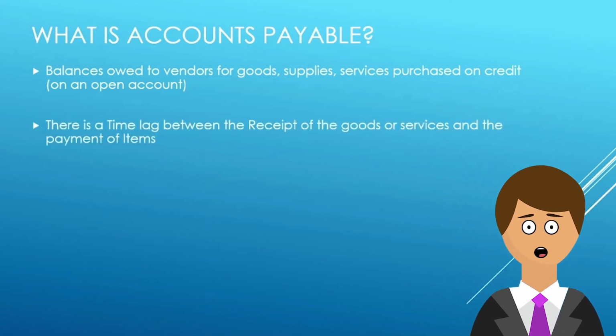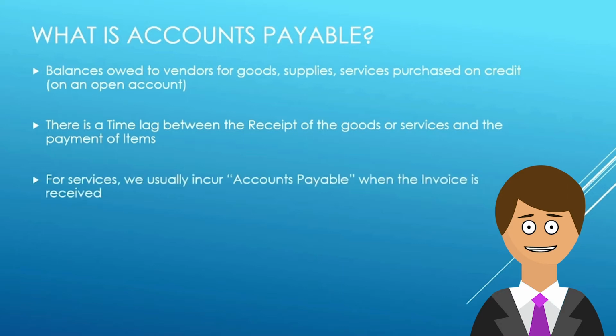Now, there's a timing lag between the receipt of those goods and services usually and the payment of those items. That is accounts payable. So for services though, we usually incur accounts payable when the invoice is received. So let's say you've got an employee kitchen and the plumbing breaks, you bring in a plumber, they work on it. If they say, oh, I'll send you an invoice, you probably won't record accounts payable until you get that